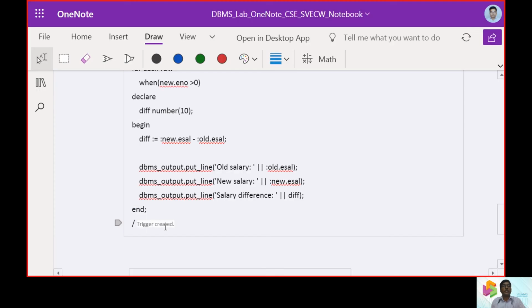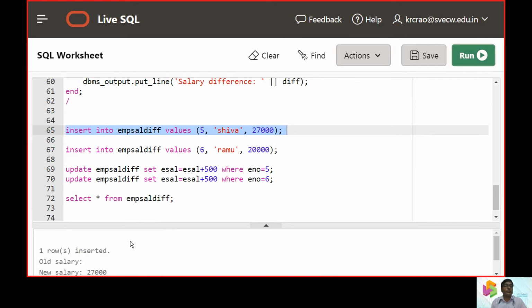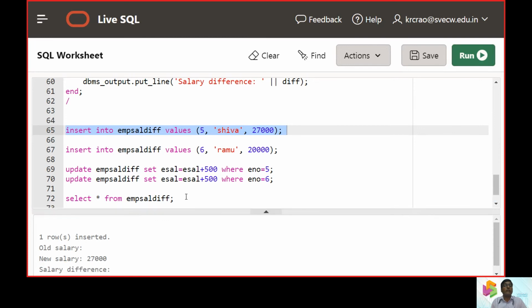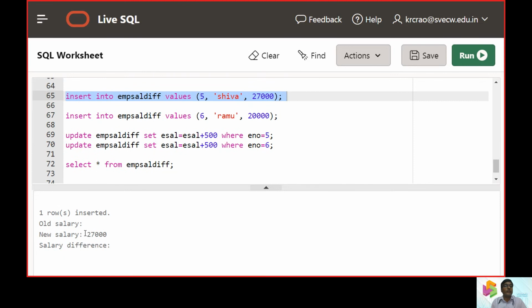Then what we can do is, now we will use the insert command. Insert into employee salary difference with values 5 as the number, Shiva as the name, and 27,000. So now you can see how triggers start working.